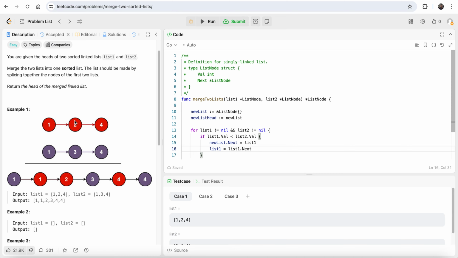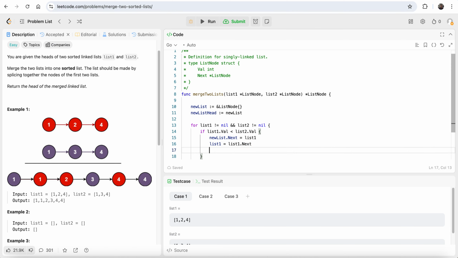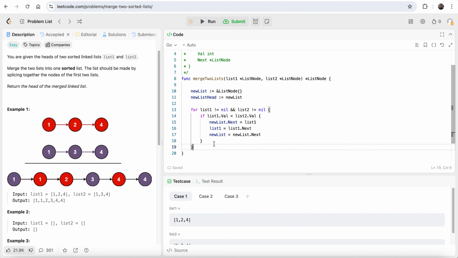We are assigning this next value to list1, so this node will be list1. We move the pointer here, and we also put the item in the new list. In the next we put the item, then we need to move the pointer to the next node in the new list also. So new list is equal to new list dot next, and in the else condition,